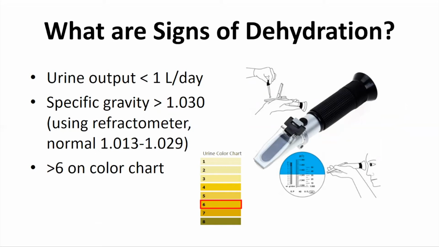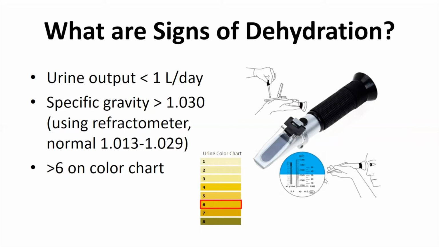Specific gravity is when we would take a urine sample and use a transfer pipette and put it on this refractometer. So you would put the urine sample on this side, and there's this plastic cover slip that you would lift up and then put the urine sample on and then close that cover slip very gently so that urine doesn't splash. And then you would look into this eyepiece and hold it up to light. And when you do that, what you would see is a scale. And wherever this line appears, so it appears a colored and then a clear line,